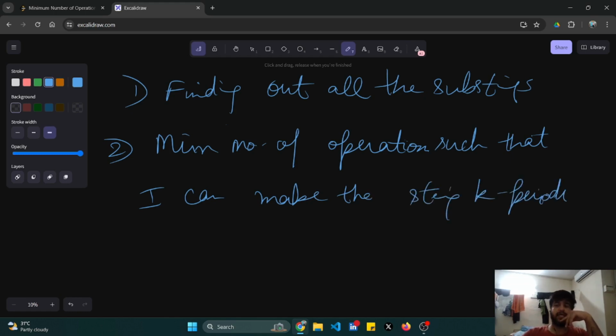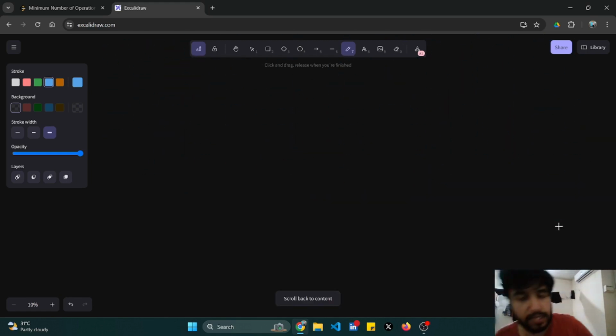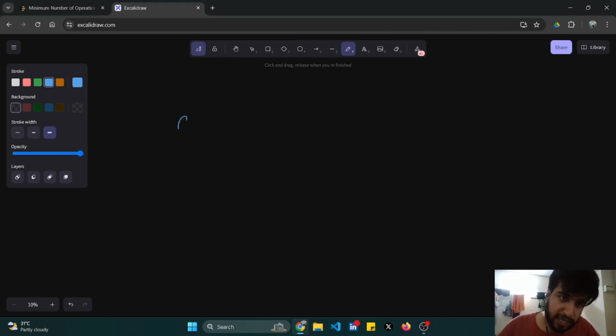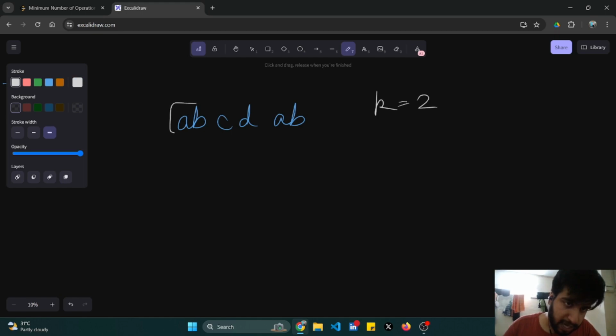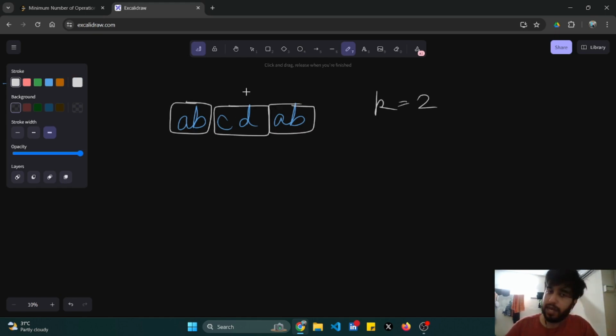I'll tell it with an example. Okay, see, when you are given this a b c d a b, suppose you have k value equal to 2, and if k value is equal to 2, you have these substrings. This is my substring, this is my substring, and this is my substring,